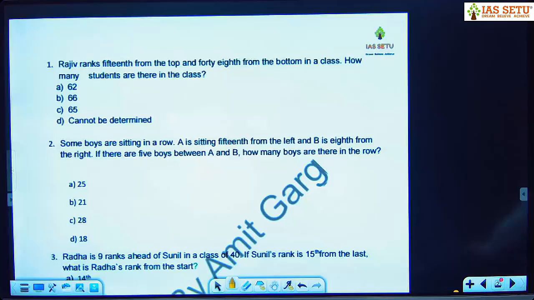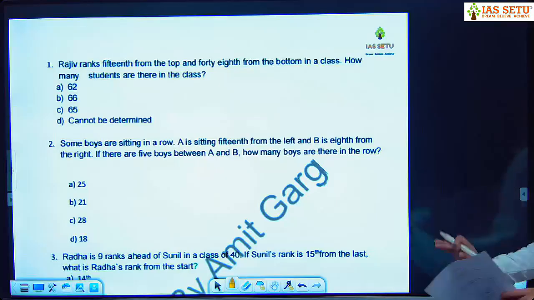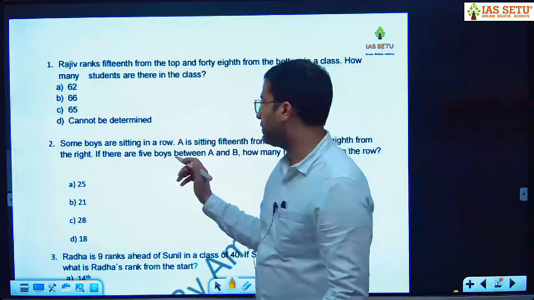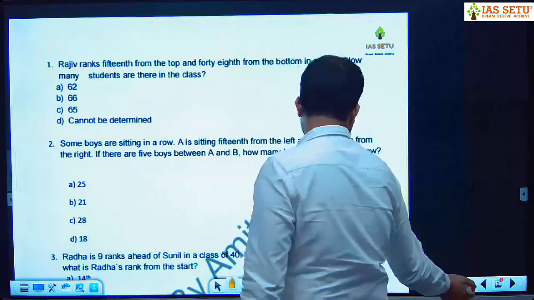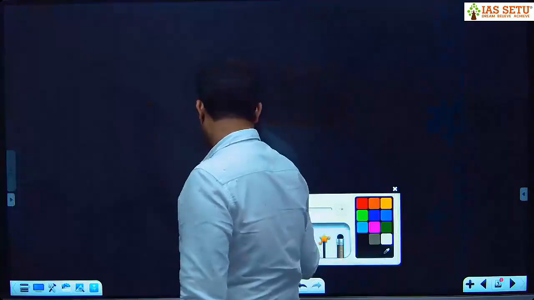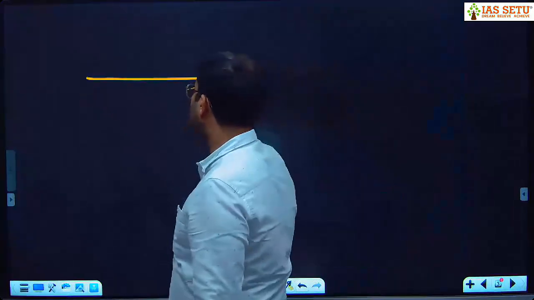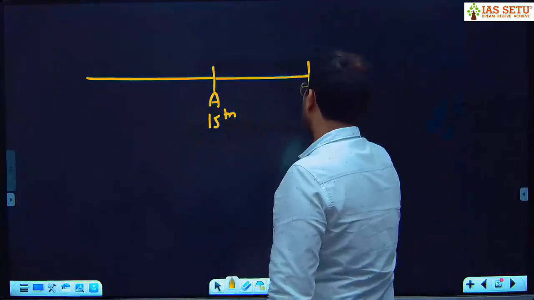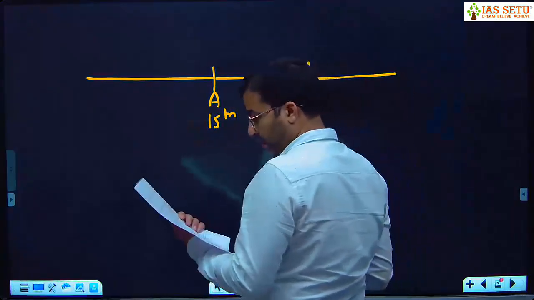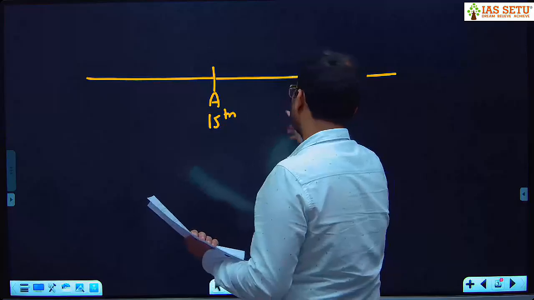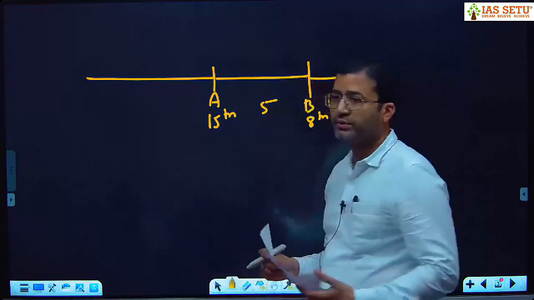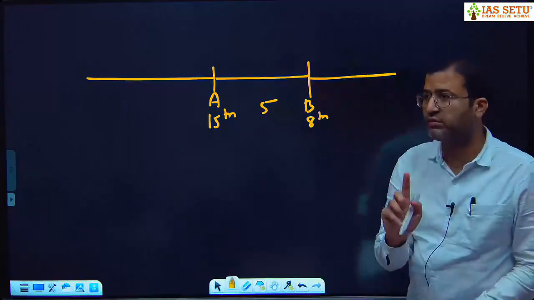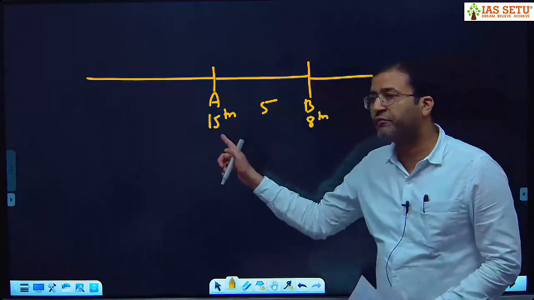So, is that okay? 14 plus 47 plus you will also have to add Rajeev in that question. Now, what to do in this question? Some boys are sitting in a row. A is sitting 15 from the left. This is A, who is 15 from the left. Here is B, who is 8 from the right. There are 5 boys between A and B. Try to understand, there is one thing: if A is 15 from the left,